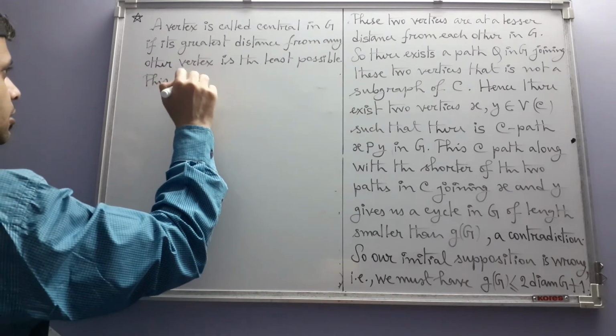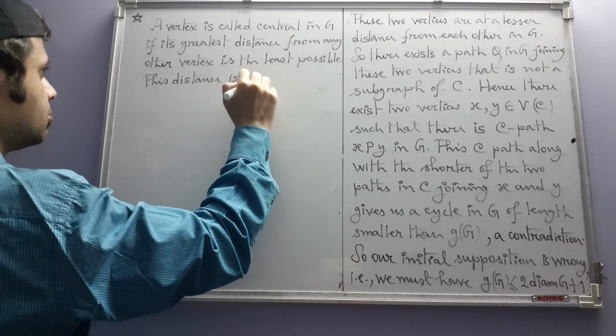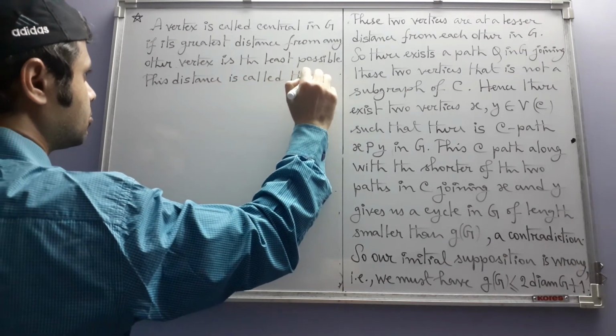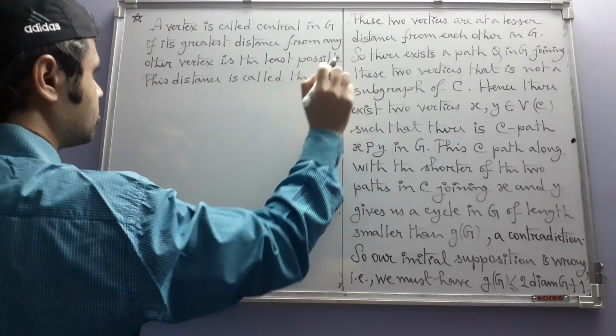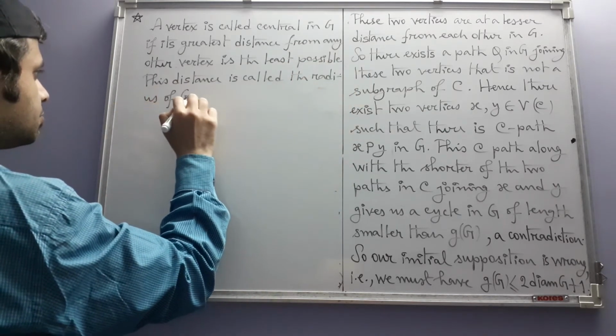This distance is called the radius of the graph G